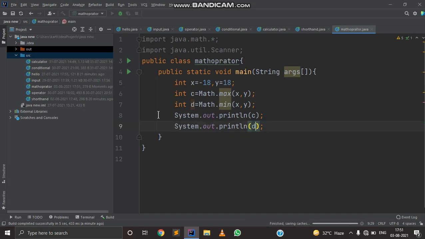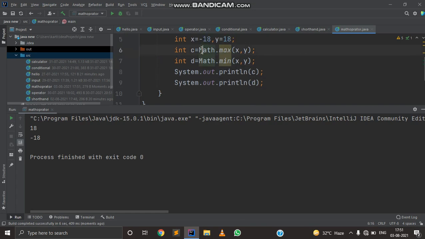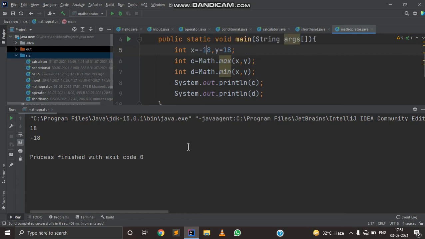As you can see, Math.max returns 18, and Math.min returns minus 18. I'm going to change it because it is somewhat confusing, so it will be easy for us to understand. Now you can see that it is coming 18 and minus 1.